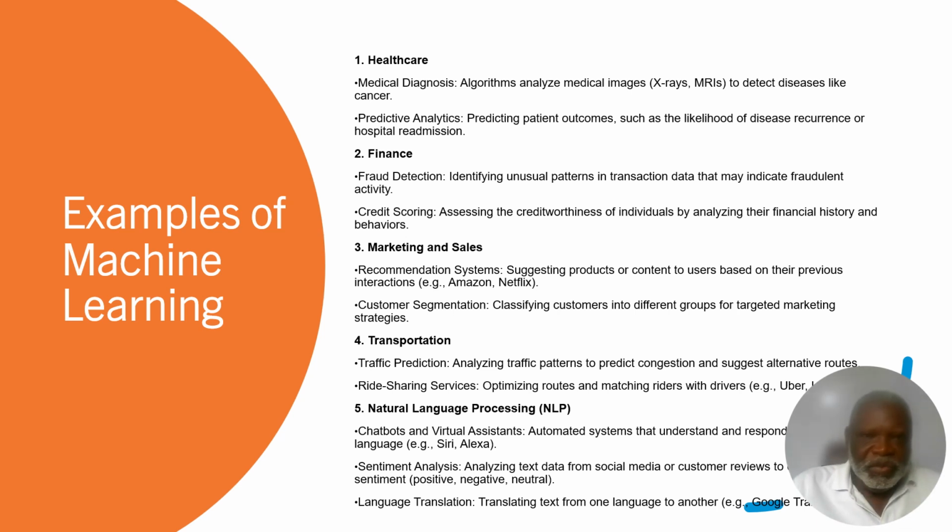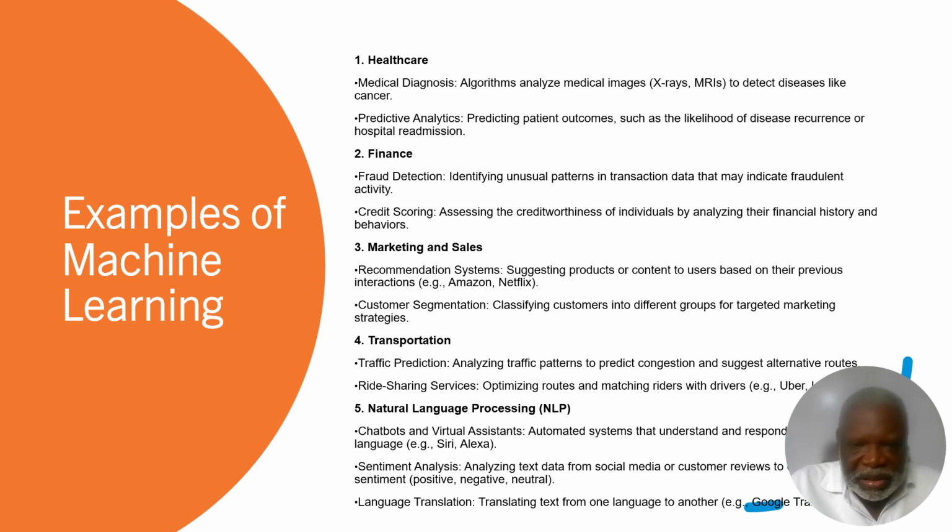So what I'd like us to do is start thinking about how some of these applications can be used for our consulting business. For instance, you are trying to advertise your services and somebody is looking for a particular solution. Your company should jump at them, should be one of those listed on Google. That's a recommendation system, and that's how machine learning or AI works.